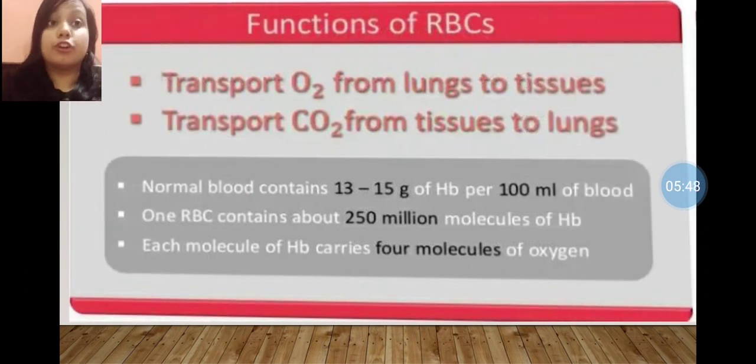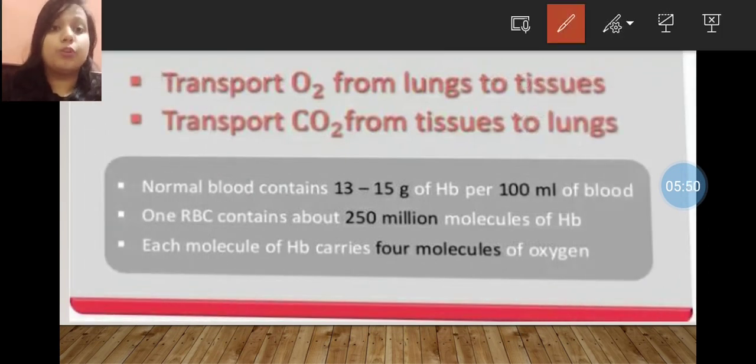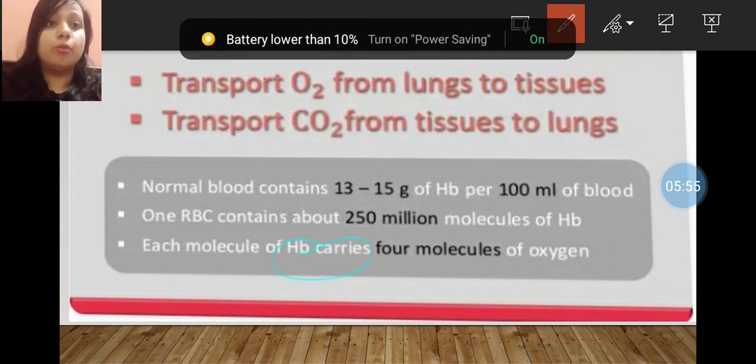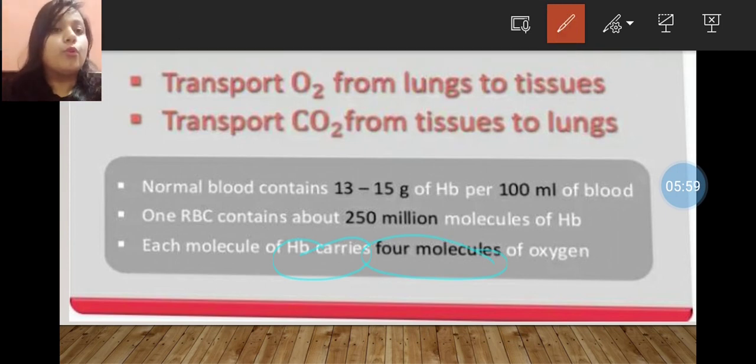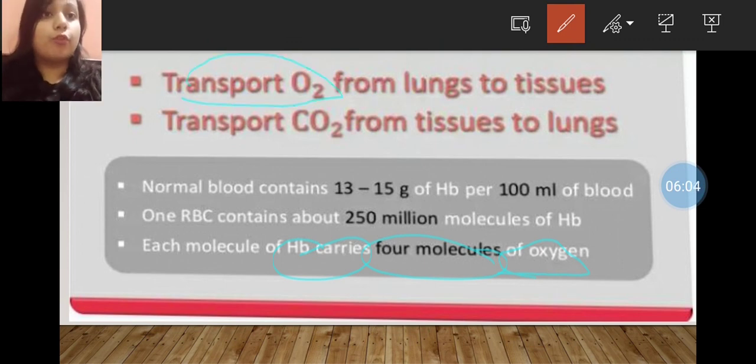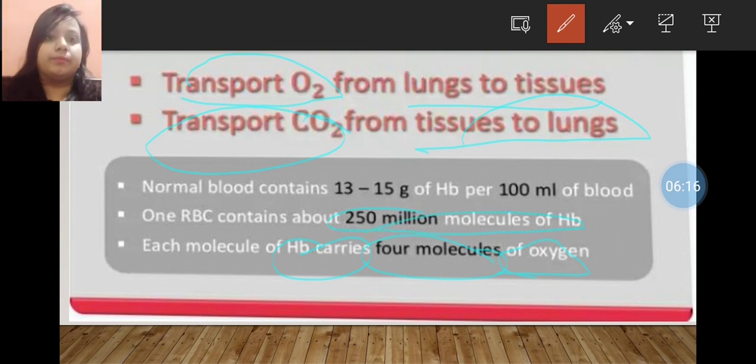Now, what is the function of RBC? As we know, RBC has HB, hemoglobin, and hemoglobin carries four molecules of oxygen. It transports oxygen from the lungs to the tissues and CO2 from the tissues to the lungs. One RBC contains 250 million molecules of HB, and normal blood contains 13 to 15 grams of HB per 100